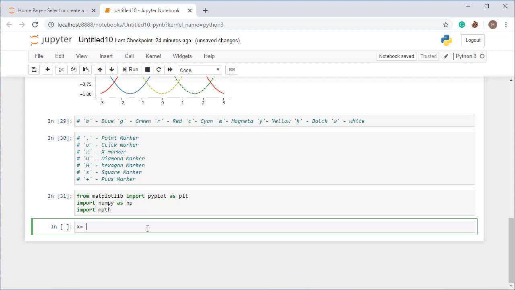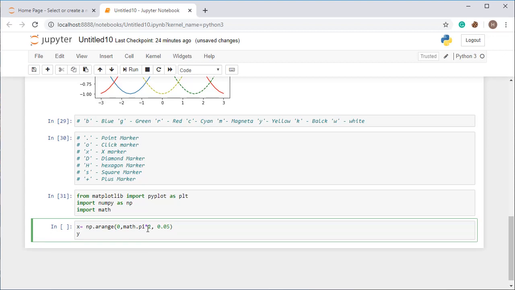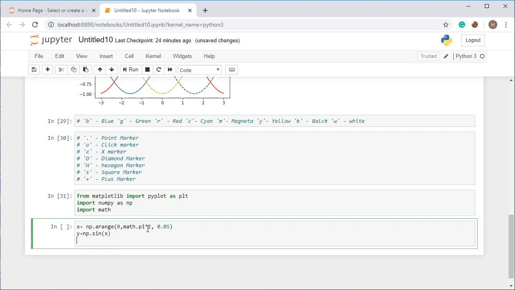So let's take x is equal to np.arange, and I am setting it from 0, and I'm calling the math library for the pi function and taking it to 2 pi. From 0 to 2 pi I'm going to plot a sine graph, with a step of 0.05. So this one is my x value, the array for x, and now I'm going to use np.sin(x), sine of x.